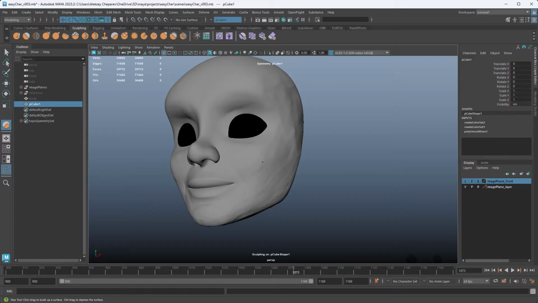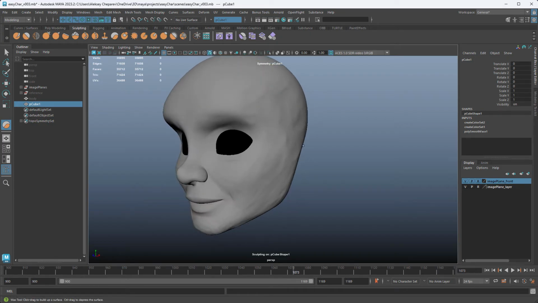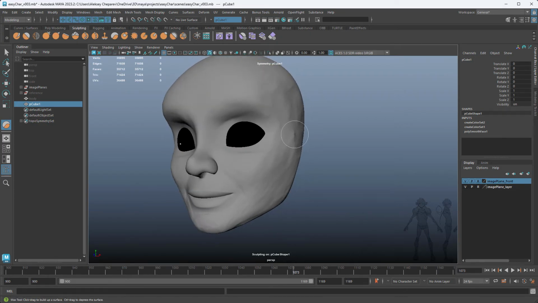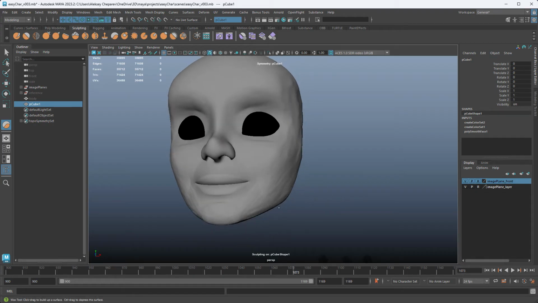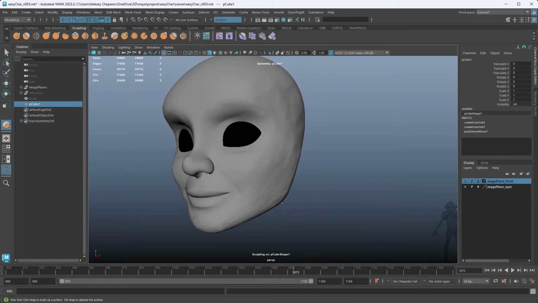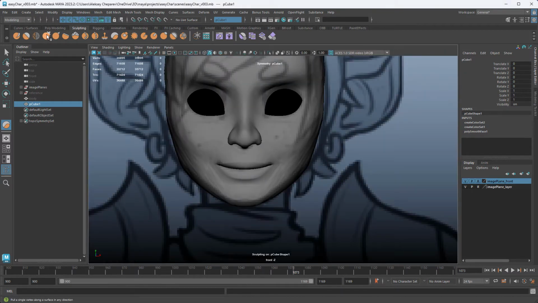When you're kind of happy with what you've done, again, I'm not really concerned about it looking smooth or clean. I just want to build up the volume where I want it. Or here, give him a stronger jaw. And then from here, I'm going to use the grab brush, increase my scale here, and then I can move parts.